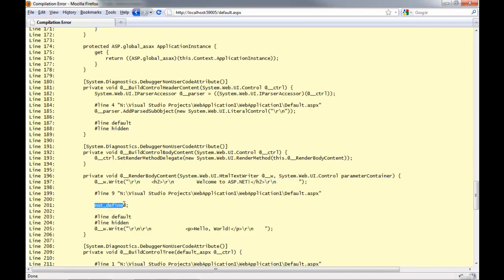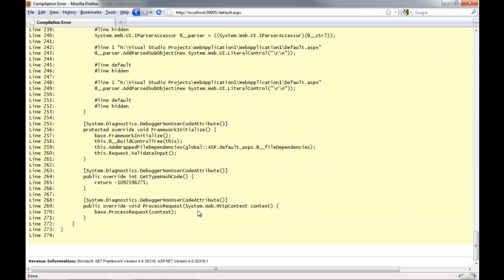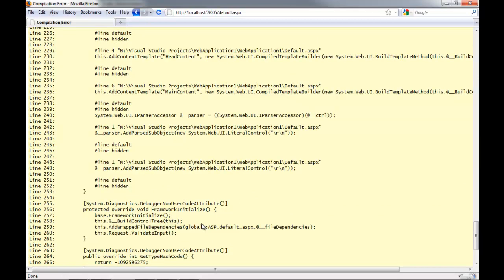And then you'll see my not defined right there, as whenever it sees a code nugget, it just dumps whatever is in that nugget right there into the class. So this is pretty cool. Unlike PHP, where it's all interpreted at runtime, we actually are dealing with compiled code here when working with ASP.NET.